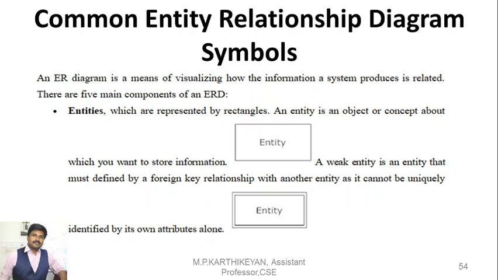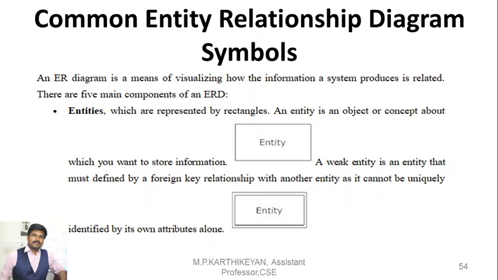The first one is the simple attribute. An attribute where the values are atomic, which cannot be divided further. It is a minute detail given for that attribute. For example, a student's phone number. If a student's phone number is a 10-digit number, then it is a 10-digit number only. It cannot be subdivided. So that kind of attribute is called a simple attribute, which has atomic values which cannot be decomposed further.